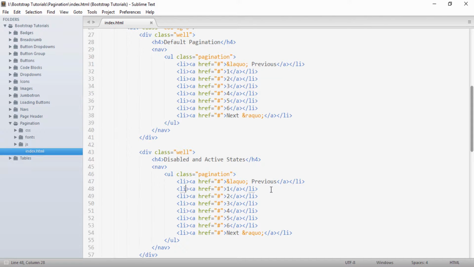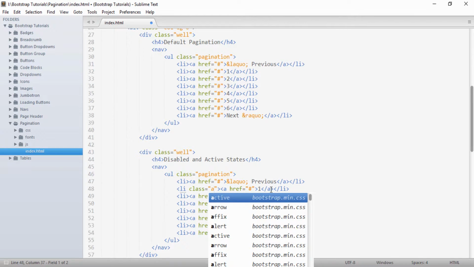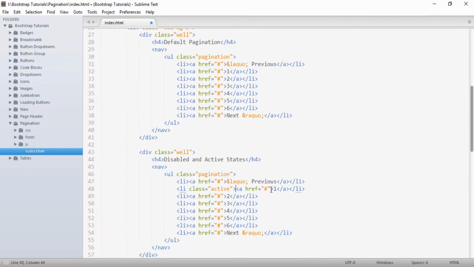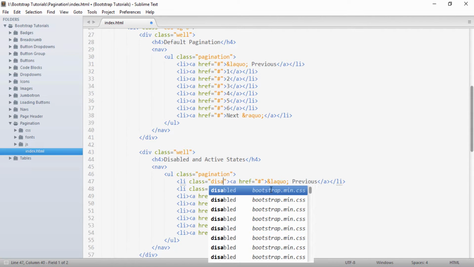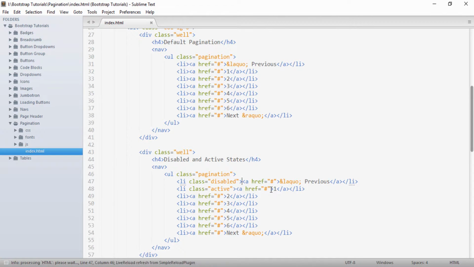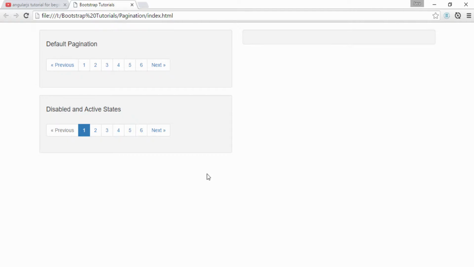To the list item which holds the value of 1, we will provide a class of active, and as page 1 is active, there is nothing before it, so we can make previous disabled. To this list item we can provide a class of disabled. If I save it and go to the browser, you can see that the previous link has been disabled and the link holding page 1 is active.